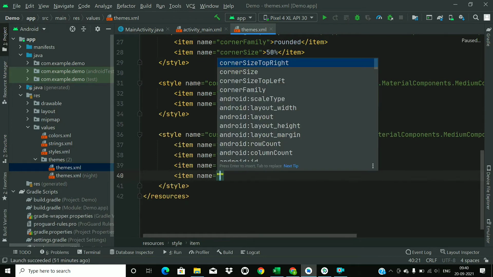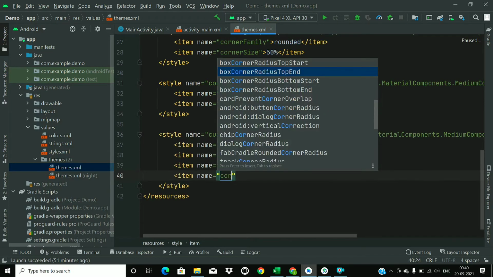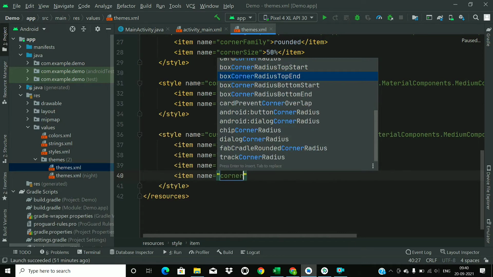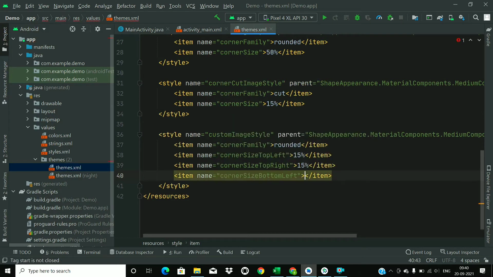Now at the bottom left corner, so corner size bottom left, and give the same value, 15%.